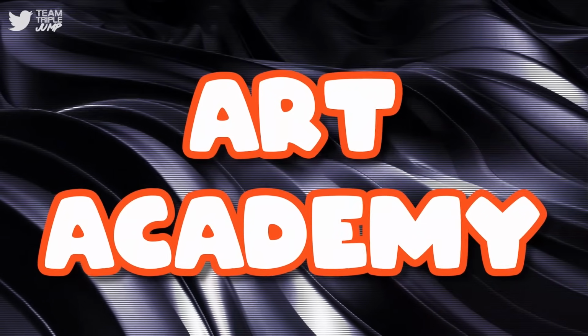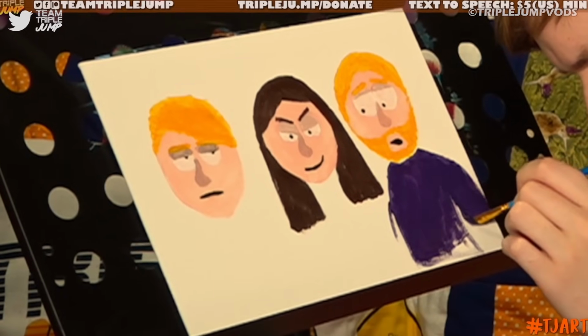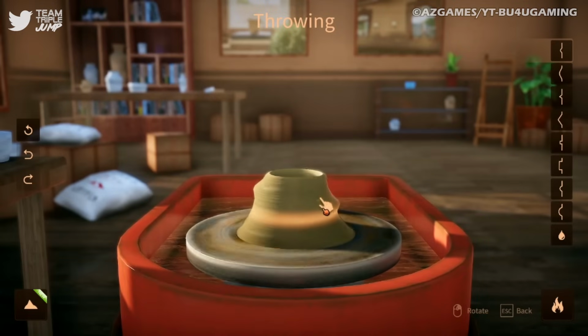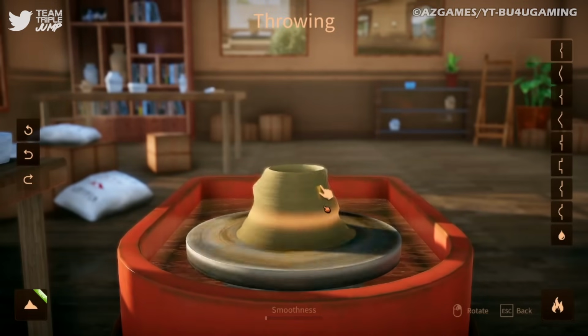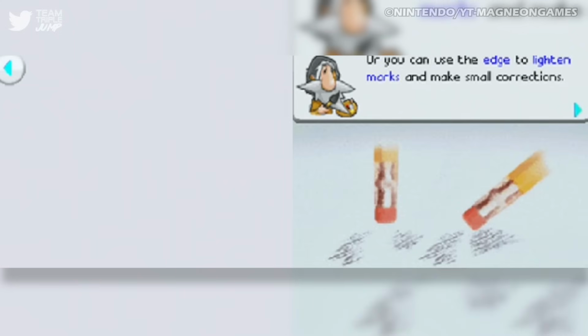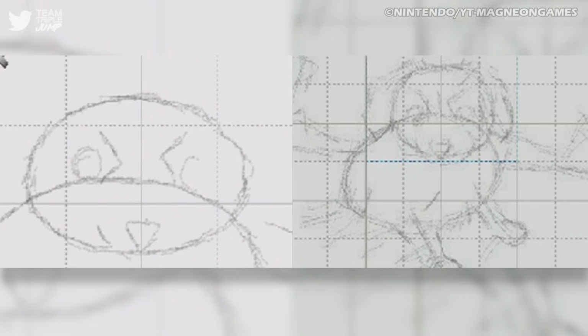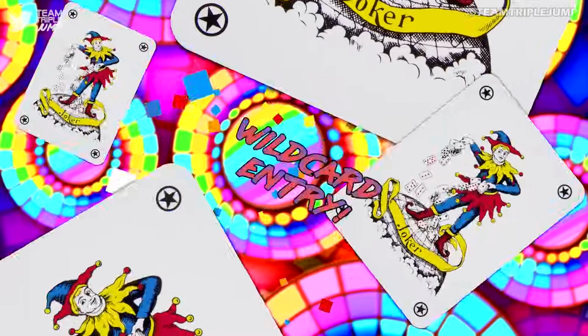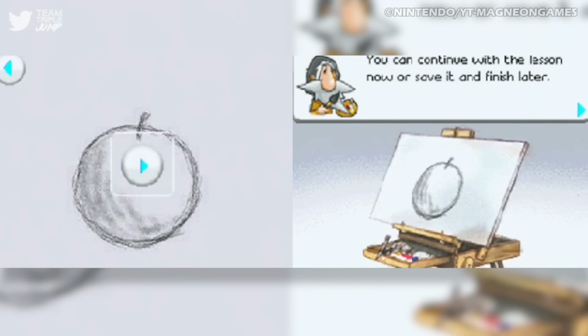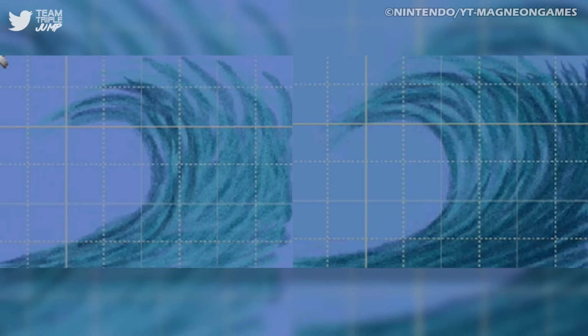Number 2, Art Academy. Back to the world of art now. And this time we're turning our attention to something that is much easier to replicate digitally than pottery, relatively speaking, drawing. That's right, it's time to try your literal hand at sketching with Art Academy. Less a proper game than a bit of artistic software, you could technically call this one a wildcard entry, as the only modes available are Lesson, which is exactly what it sounds like, and Free Paint, which is also exactly